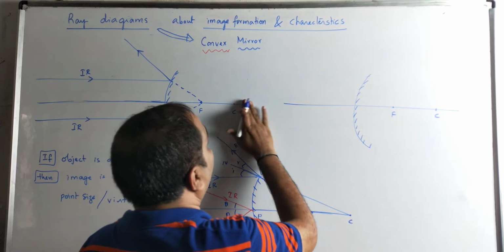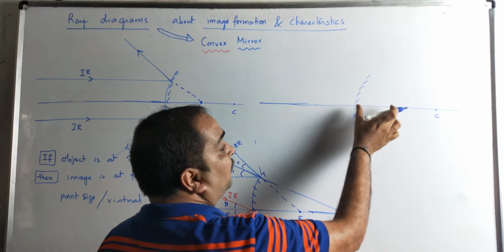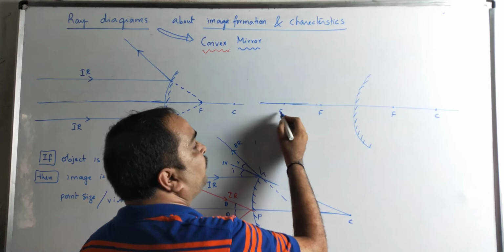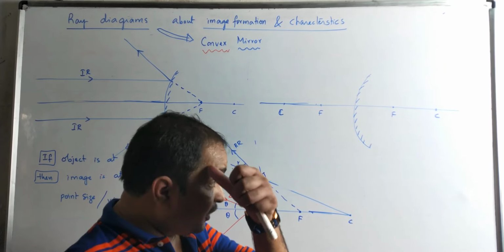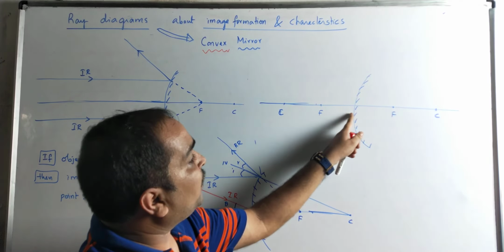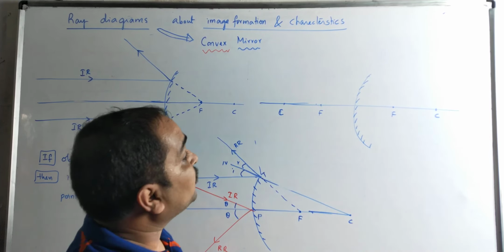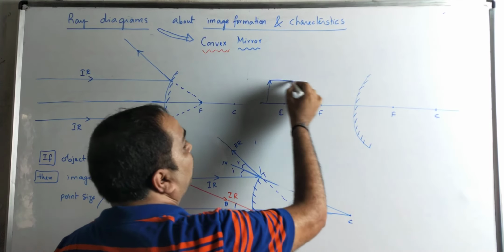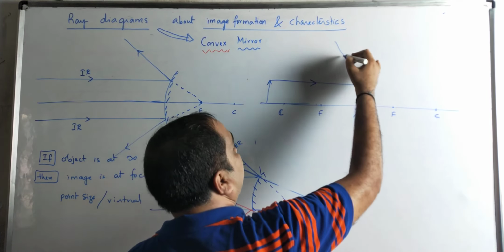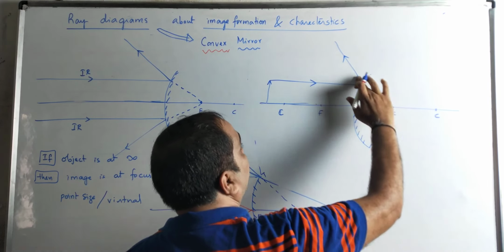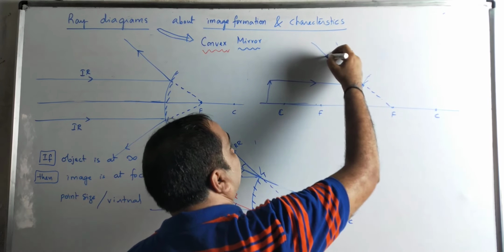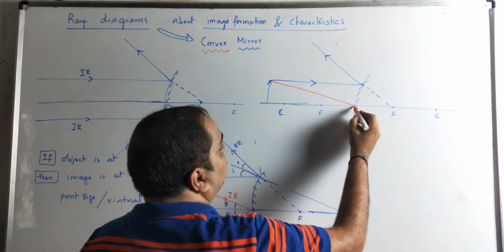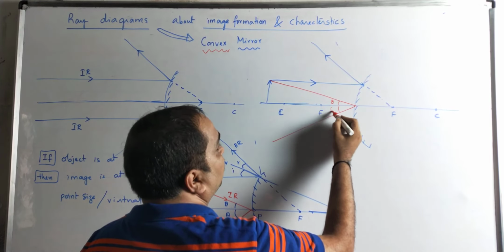Similarly, if you have an object, the magnitude of this length and this length, you can even have it here, F and C you can have, but you will not have any focus or center of curvature here. Both focus and center of curvature are on that side only. But if this distance is 10 centimeters, you can keep this distance also 10 centimeters like that, obviously. So next, if you keep the object anywhere, for example, I keep it at the center of curvature or focus anywhere, you get one ray like this. As I told you, it will go like this, passing through focus. The other ray which you are making incident on the pole makes equal angles with respect to the principal axis.